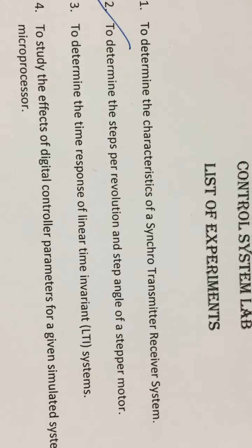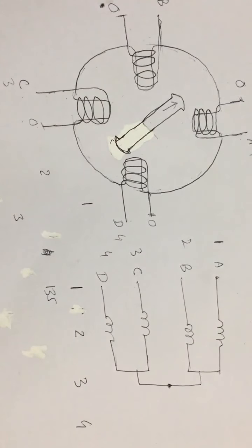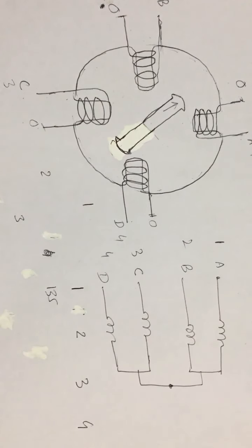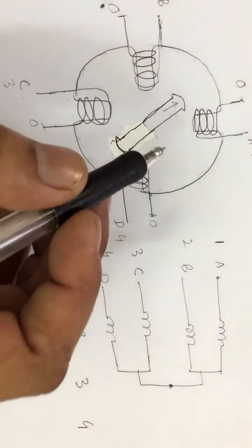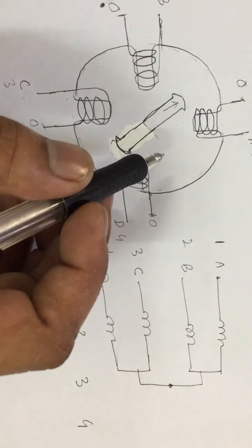The basic principle of operation and basic understanding regarding the stepper motor we have completed in the third year Special Machines class. Here we will just physically verify how the step angle can be measured and how many steps it will take to complete one revolution. Before coming to the experimentation, let us have a quick revision about the stepper motor, how step angles are changed and how many steps it will take to complete the revolution.